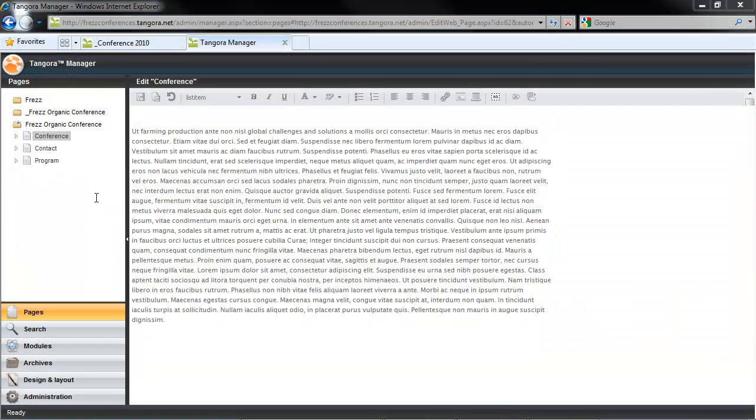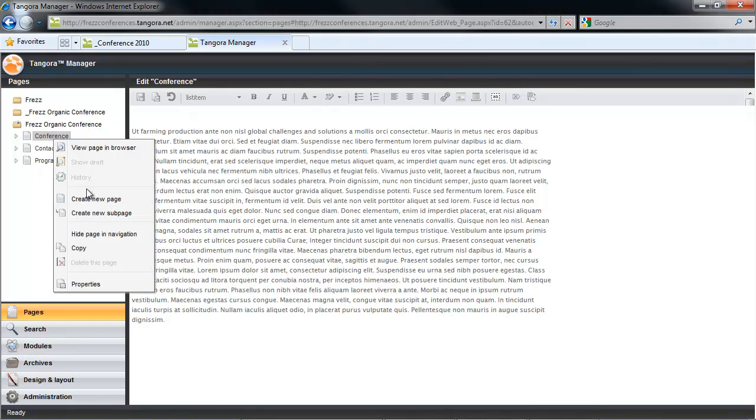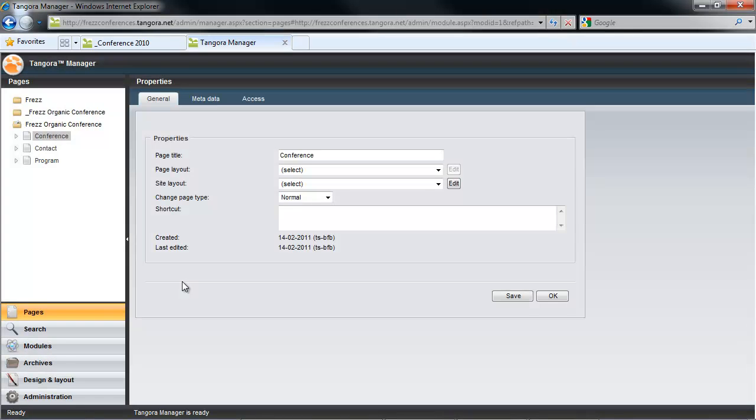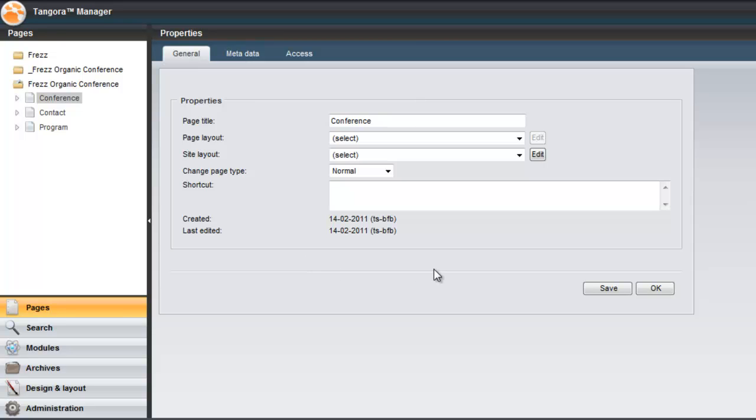Now on to properties of sites and pages. If I go back to a page's properties, I could show you that there are a host of other properties that you may find yourself wanting to change. I'm not going to go into depth here, but I want to give you a quick overview. Under the General tab, you could change the default site and page layouts for the current page if you need to do that, as well as changing the page type. If you want to display news items with Tangora's News module, for example, you'll want to do that under Page Type. Shortcut is also a really handy feature.